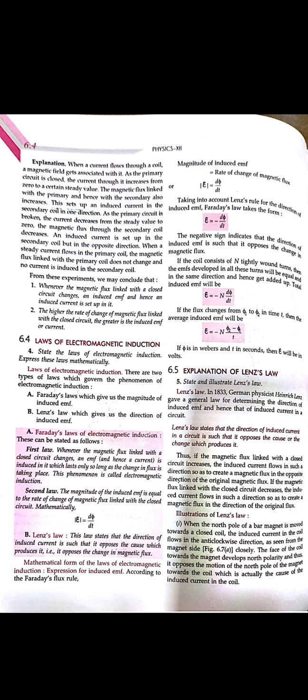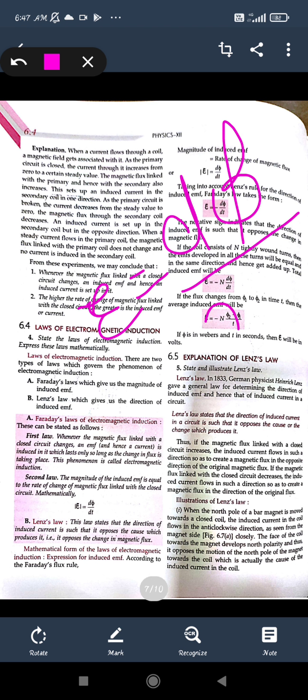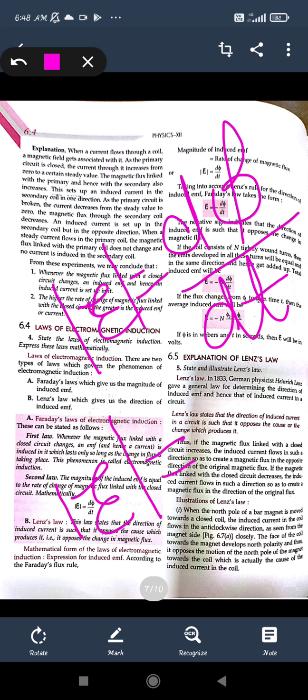Okay. So if we take the EMF as E, it will be directly proportional to the change in the magnetic flux lines with respect to time. If we talk about Faraday's law, then it gives the magnitude, so we will be taking the modulus. And from Lenz's law, we can say that this epsilon will be given as minus d phi by dt, that is, it opposes a change in the magnetic flux. So it is given as minus d phi by dt.